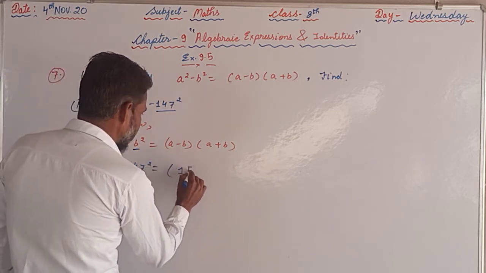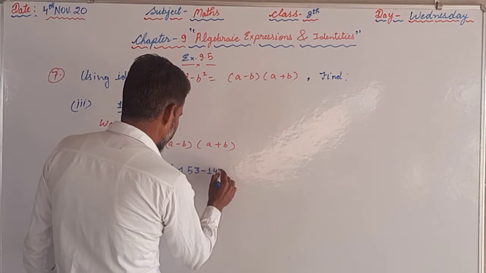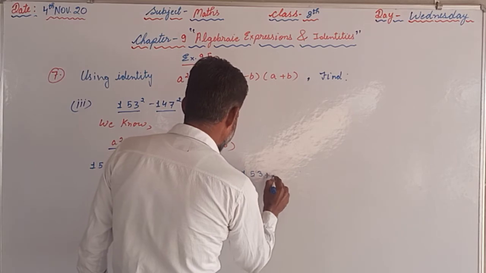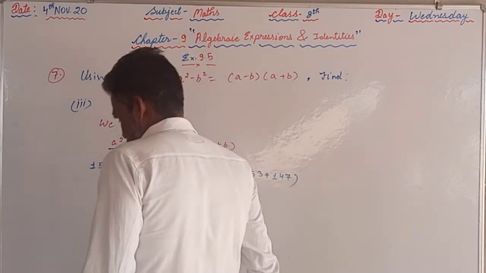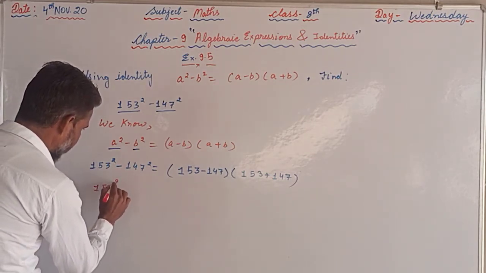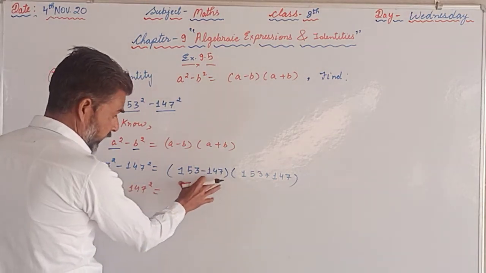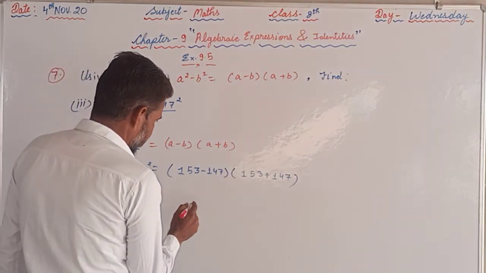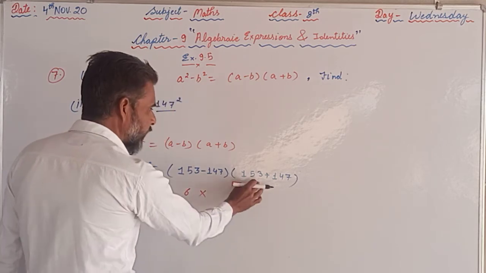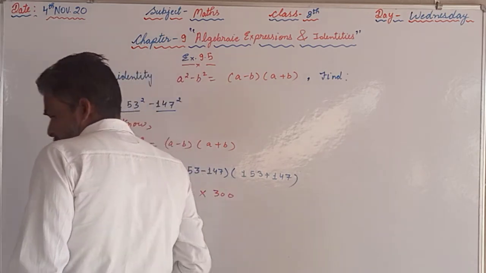is equal to, on the right hand side also we are supposed to substitute, 153 plus 147. So now we are supposed to write 153 square minus 147 square. In the first bracket we are supposed to subtract, and from subtraction we will get 153 minus 147, that is 6, and here 153 plus 147 we will get 300, and